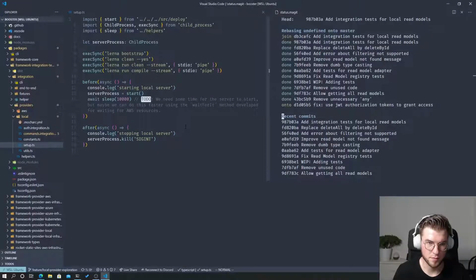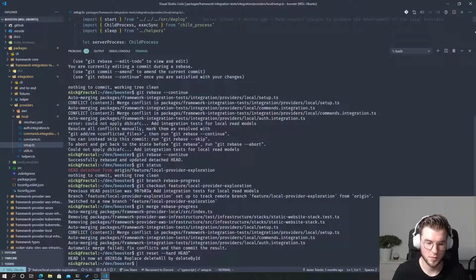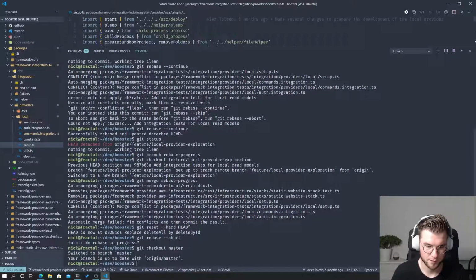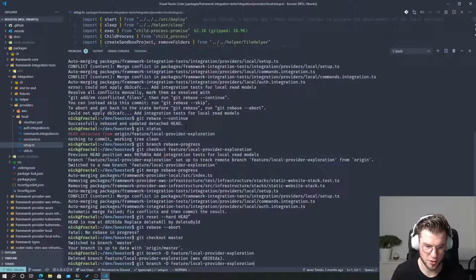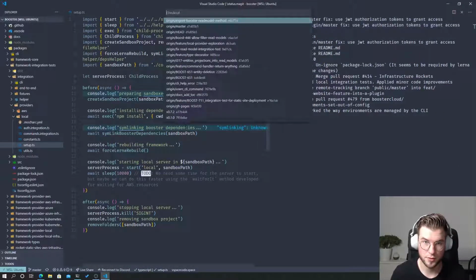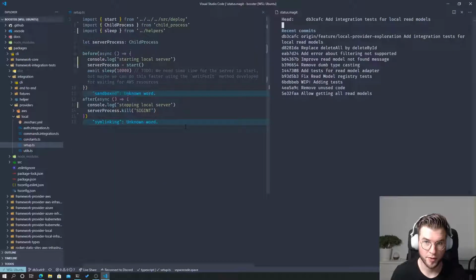Okay, so git rebase --abort. No rebase in progress. All right, so let me check out master. And I'm gonna do a git branch -d on the origin of feature local provider exploration, and also I'm gonna remove the rebase progress one. So now I can come back to the branch local provider exploration,